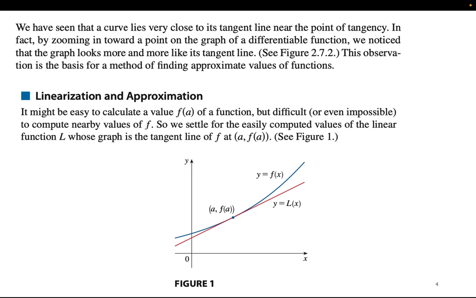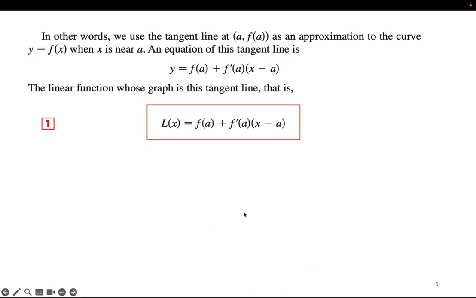The idea is that we just need a point, a, f of a, on the original f of x, and then if we know the slope of the tangent line, in fact this linear function L of x is the tangent line. So we're using the tangent line to approximate the function. So we need to know the derivative of the function at this point. Then we can find the equation of the line, because the line is defined by the point and the slope. And if I know the derivative of the function at a, which is f prime of a, then